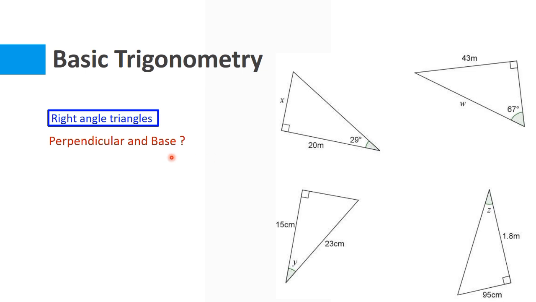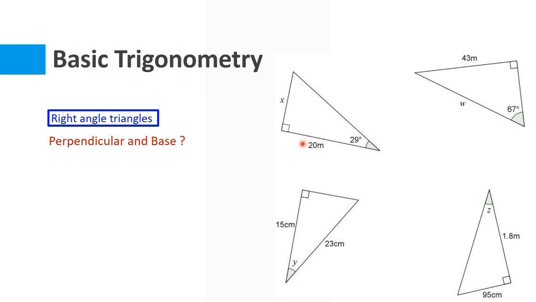Now we have discussed what is perpendicular and what is base. So can you tell me what the perpendicular and base are in the following figures? I would recommend that you kindly pause the video for 2-3 minutes, sorry, and solve these problems and find out what the bases and what the perpendiculars are in